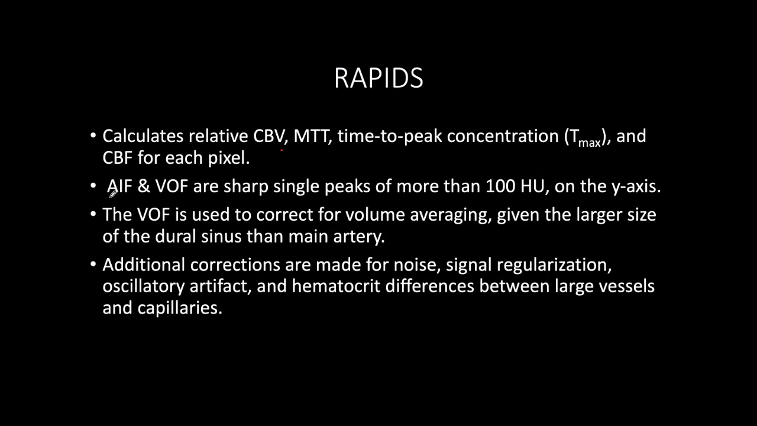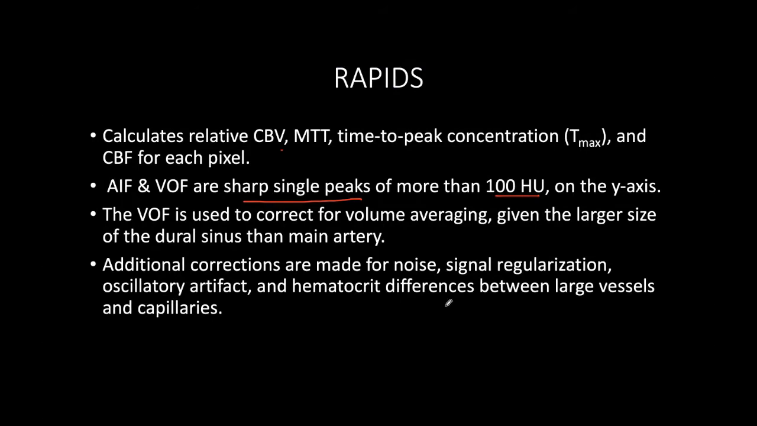Important things that you guys have to check are AIF and VOF, which is the arterial input function and the venous outflow function. They have to look like nice, sharp, single peaks. It has to be more than 100 Hounsfield units on your y-axis. Then you know the information that you got is actually good information based on which you can interpret the study. The computer by itself makes various corrections to noise, to signal regularization, oscillatory artifact,